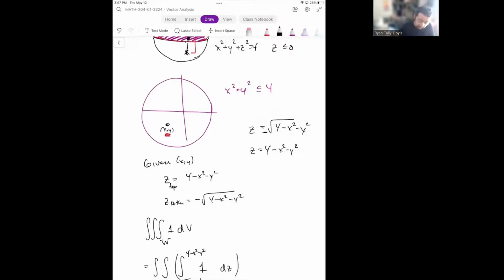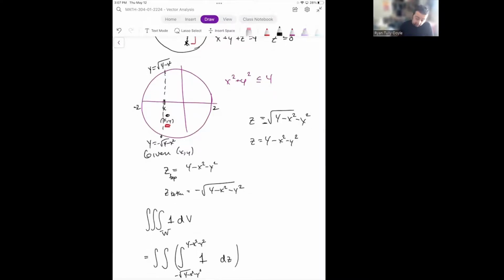The easiest way to do that, I think anyway, is to think of the x values as running from -2 to 2, and think of the y values for a given value of x. The y values range from y equals the square root of 4 minus x squared on top, down to y equals minus the square root of 4 minus x squared on the bottom. So given an x value, I know what heights I have to go through,